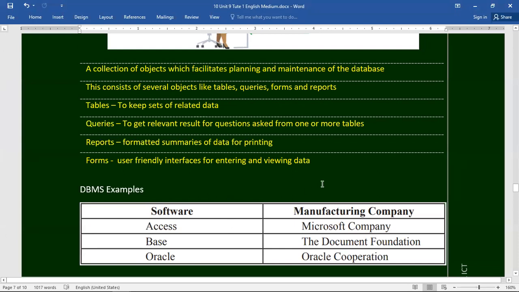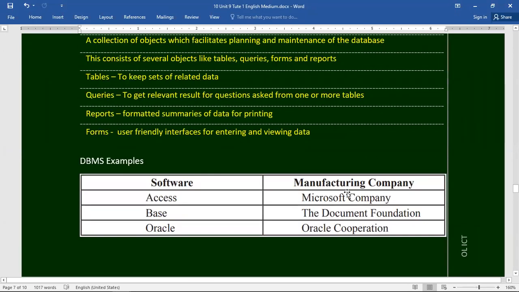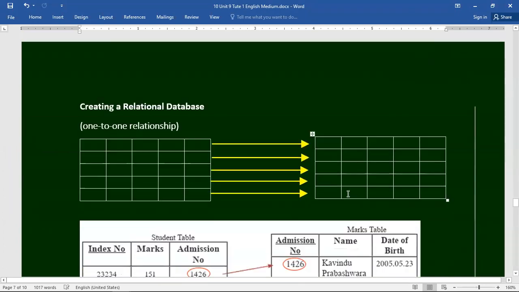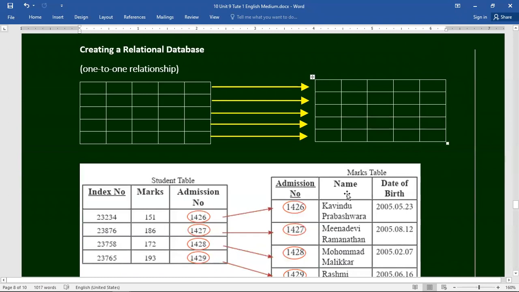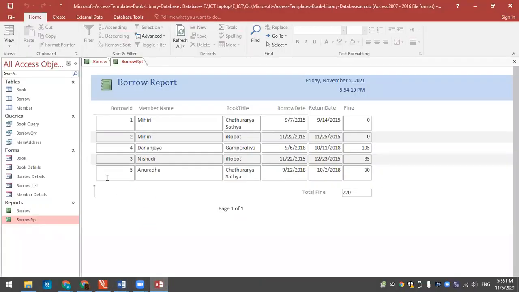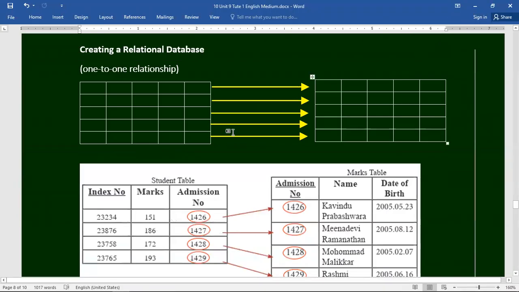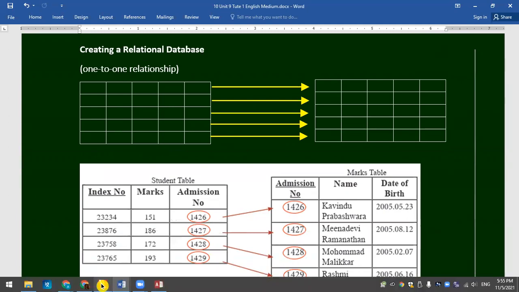Now we are going to discuss database relationships. There are three types of relationships, right? The section structure of the database, as we discussed earlier, and these are the types.